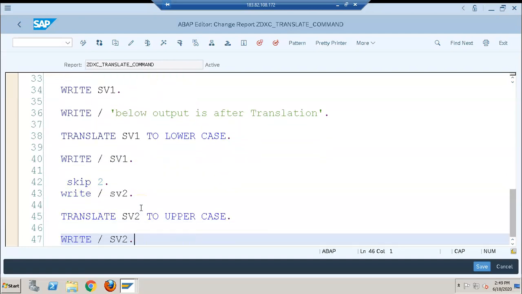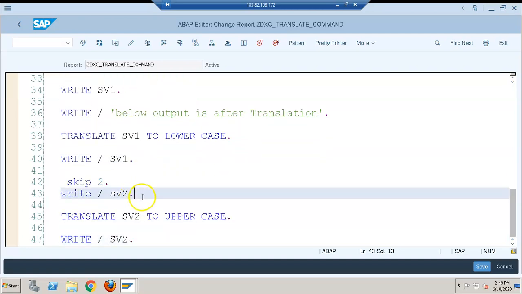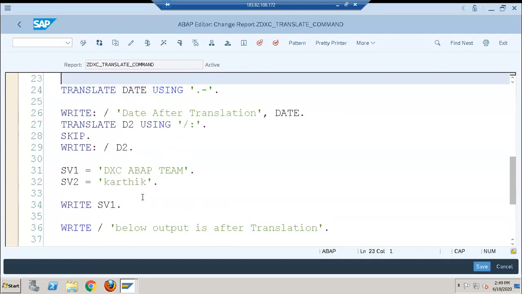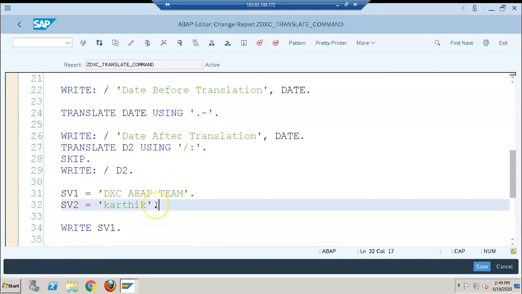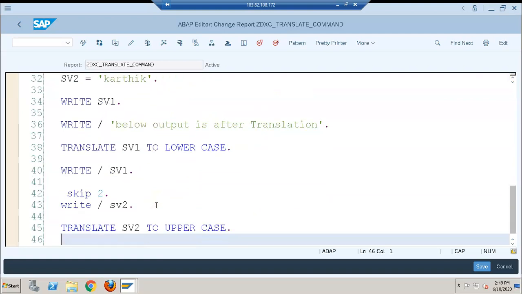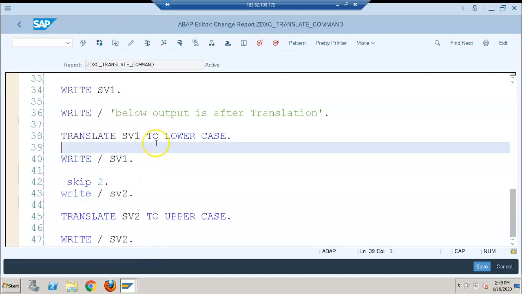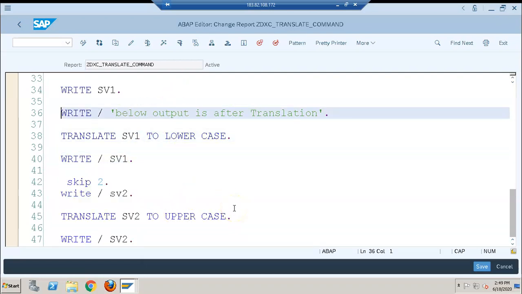Then we wrote SV2, the second variable, Karthik, which was in lowercase letters, and after translating it to uppercase, it was typed in uppercase. So we have translated uppercase to lowercase and lowercase to uppercase. These two things we have done.